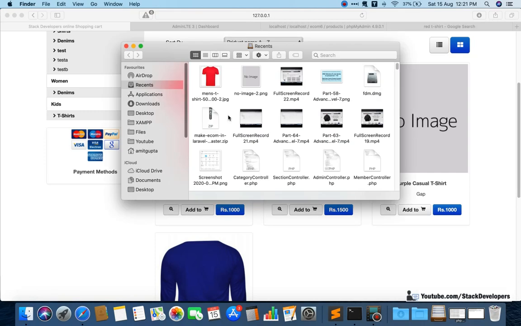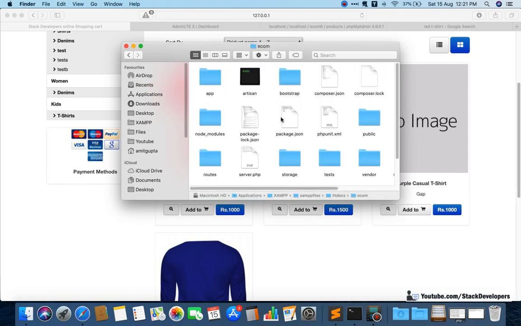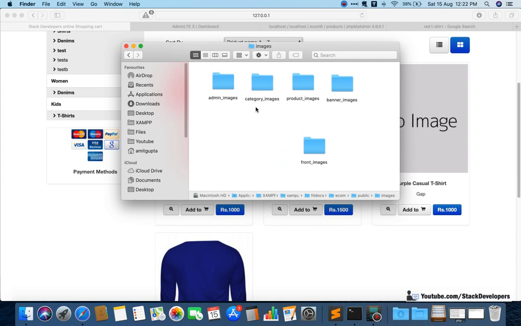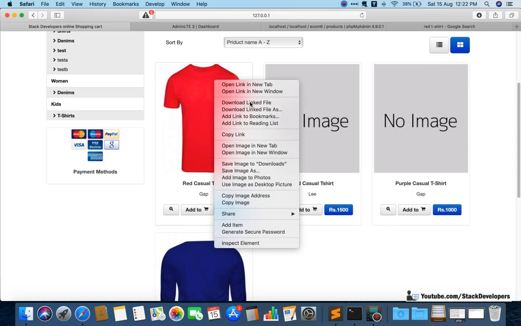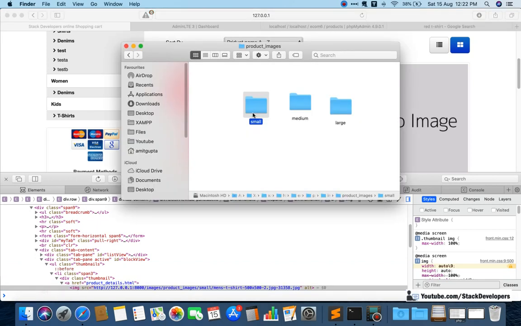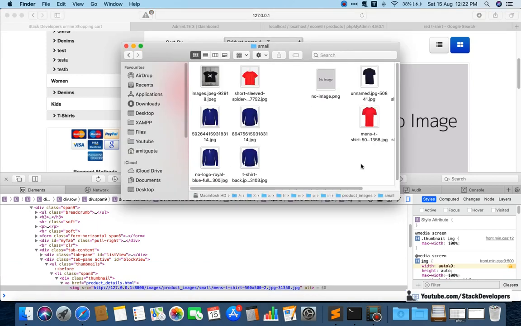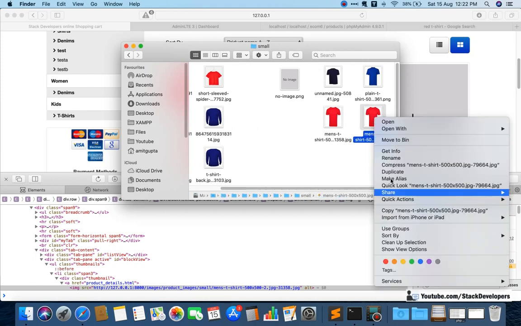We can check the images in the folder as well: htdocs, image, ecom, public. Make sure the size of the image is correct, because it's just the beginning. We are going to check this from the fit folder, which is coming from the small folder. Both look the same.